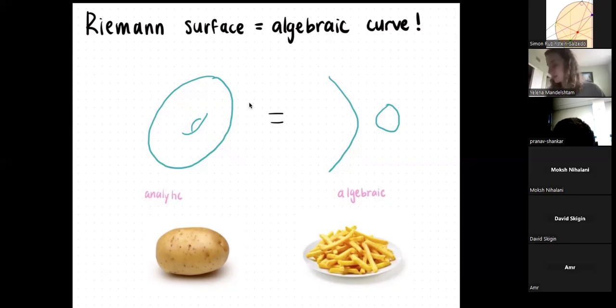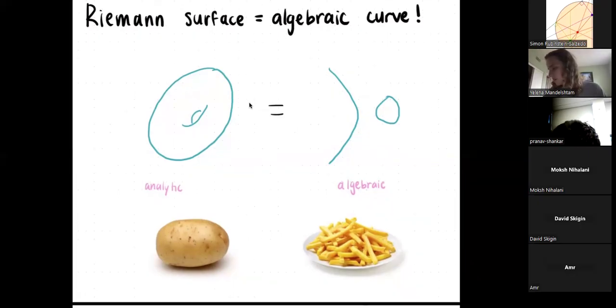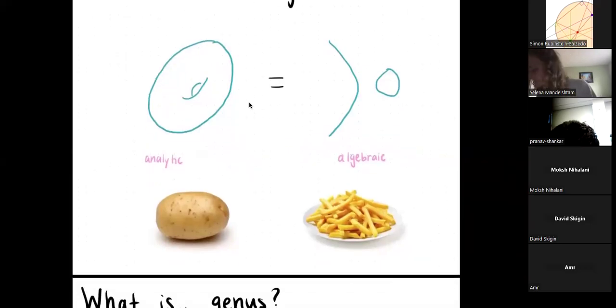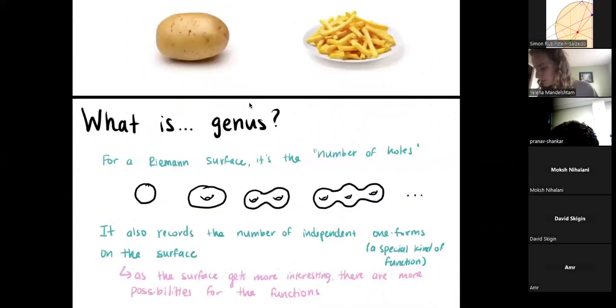Unfortunately, in practice, it's very hard. The theorem that proves that these two are the same is not constructive. It doesn't really give you a recipe that you can follow to get from one to the other. And so some of the research I'll be telling you about is how we tried to work on getting a little bit closer to being able to do that. Okay, so before I tell you about that,